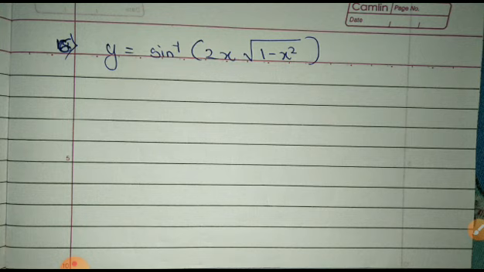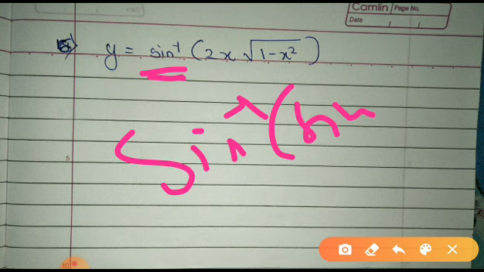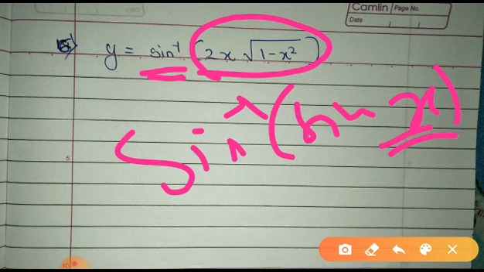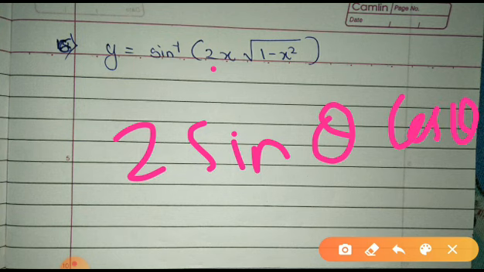Now see here, is it sine inverse? That means if I get sine inverse of sine x, I can write it as x. So I have to think over how I could get this as sine. Now here, it is 2 into sine 2 theta, what is that? Is it 2 sine theta cos theta? Yes. That means what should I substitute here? Either you can substitute x as sine theta or you can substitute x as cos theta.